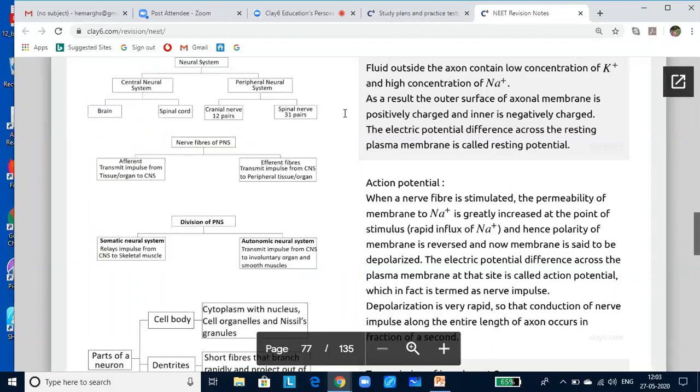Sympathetic nervous system increases the defense system of the body against adverse conditions. It is active in stress conditions like pain, fear, and anger. Parasympathetic nervous system provides relaxation, comfort, and pleasure at the time of rest. It helps in restoration and conservation of energy. And the somatic nervous system relays impulses from the central nervous system to skeletal muscles. Now, I hope you have understood this.